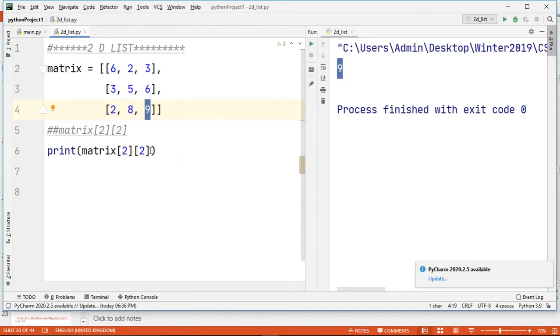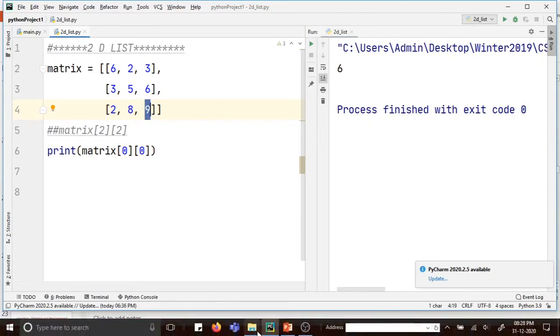Similarly, you can write 0, 0, which is the first element of the matrix, 6. So this is 0, 0, this is 0, 1, this is 0, 2, this is 1, 0, 1, 1, 1, 2, and this is 2, 0, 2, 1, and finally 2, 2. So this is how we can access the element inside a 2D list.